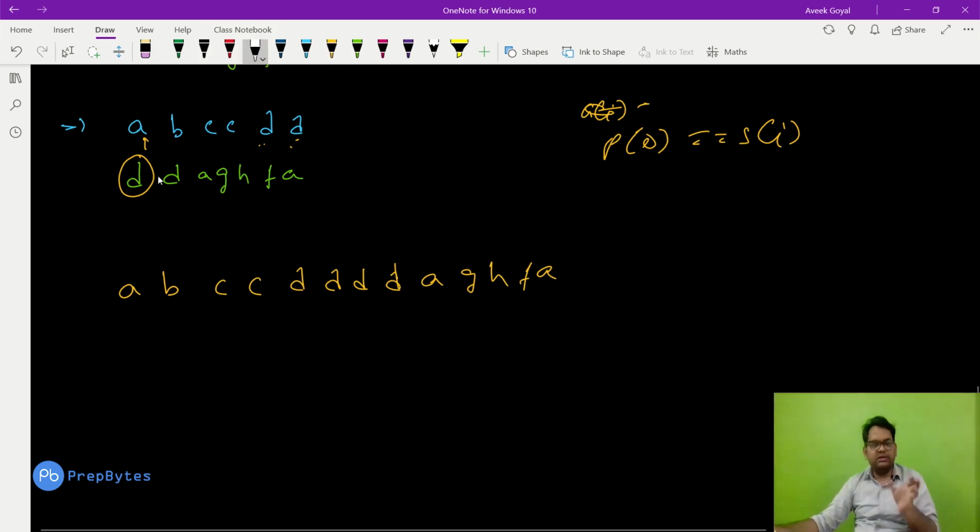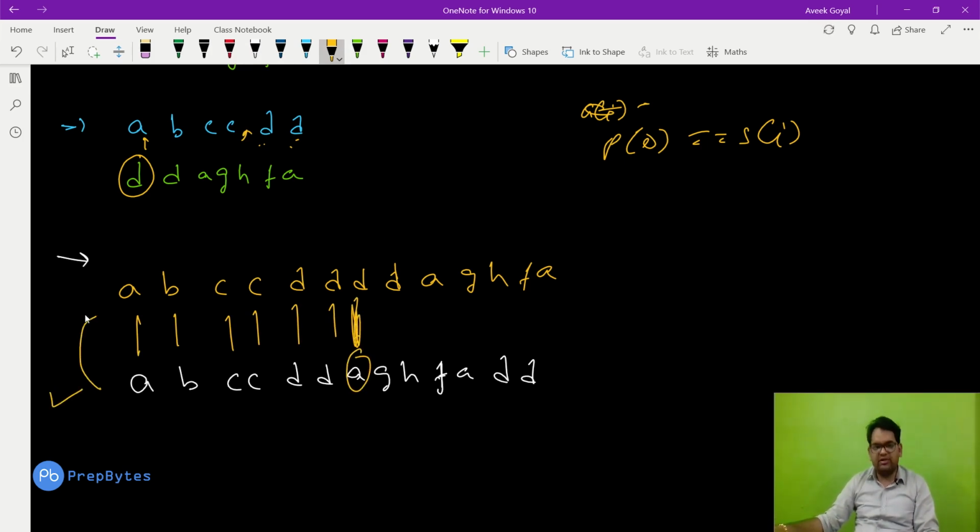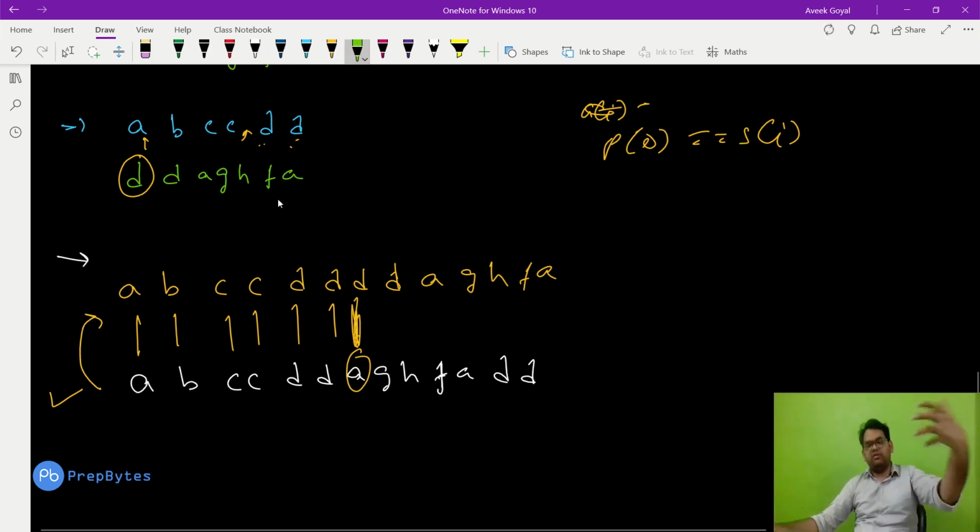But if you think logically, there is no need to know the code. If you just think that given this string and this pattern, and if I want to know the lexicographically smallest string, what will it be? Will this be the lexicographically smallest string? Okay, so if you just see, it is A, B, C, C, and after C I can insert D, D, A, G, H, F, A, and then finally the remaining D, D. So after C we can insert. After C, if I do that, it is A, B, C, C, D, D. Here A is smaller than D. So this string is actually lexicographically smaller than the string that we got as the answer by our previous logic.